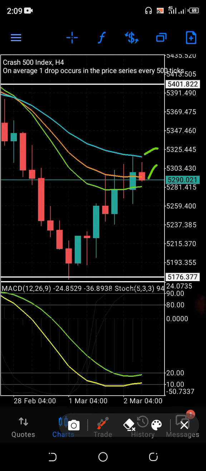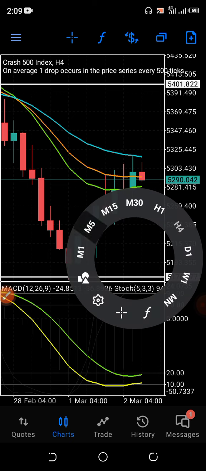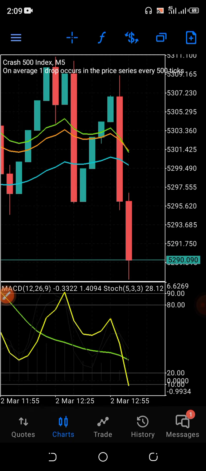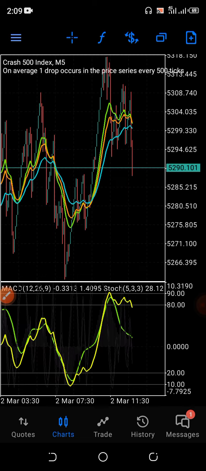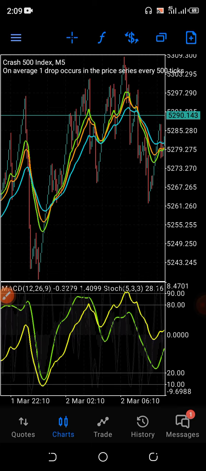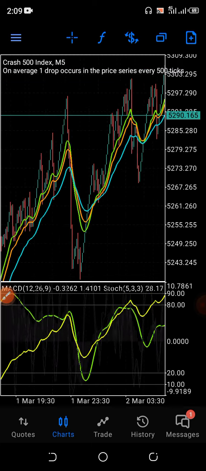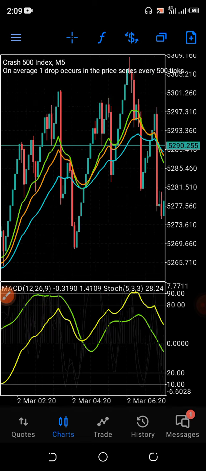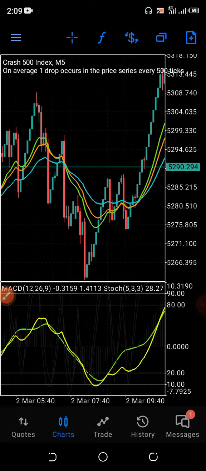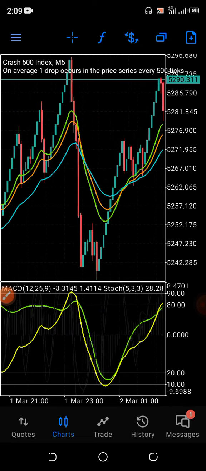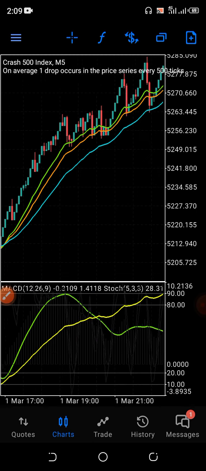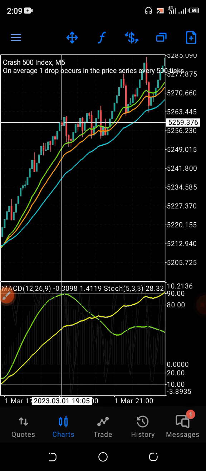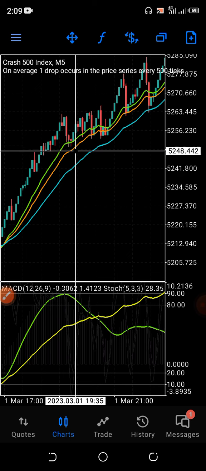So why do people lose their trade? They lose their trade because they don't really know what the market is saying. And that is why I am dropping this strategy for you, not to make some mistakes. If the candle is going in between the moving averages, avoid the market. But if the market separates itself completely from the moving average, like what we are seeing here, if the market is doing something like this, which means it's having a kind of consolidation,